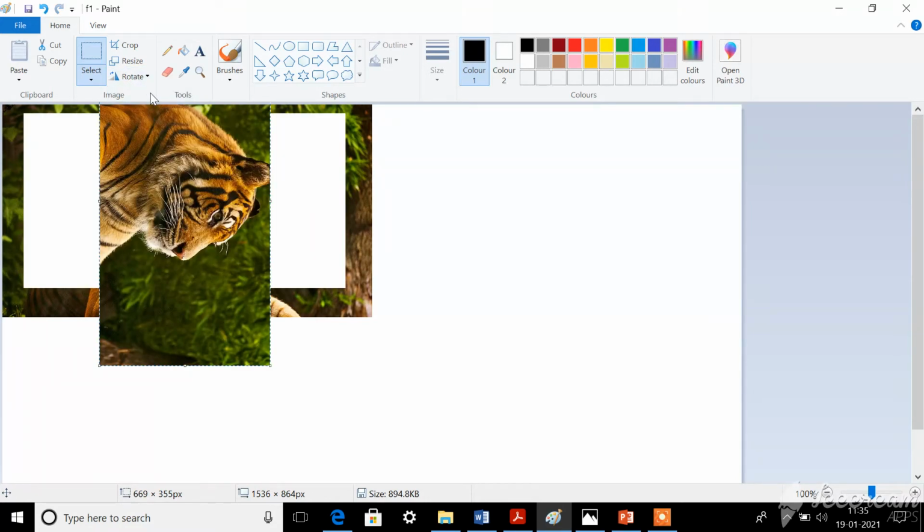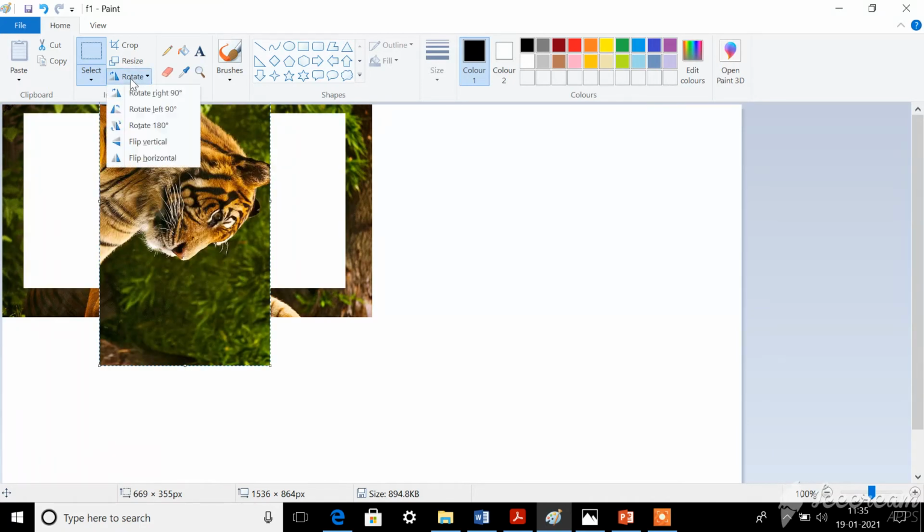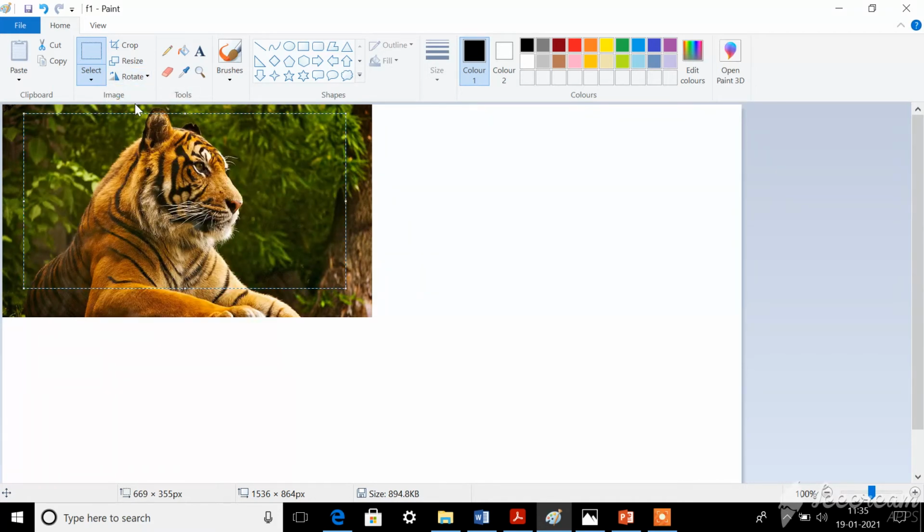Okay, are you able to see, dear children? Can you see the change? So this is how it will be changed. If you again click on rotate 90 degrees, it will be changed like this. Can you see the change, dear children? Now I am going to give left 90 degrees and again left 90 degrees, then it will become the normal image. Okay dear children, so this is how you have to use the rotate option. So shall we see how to use the flip option?